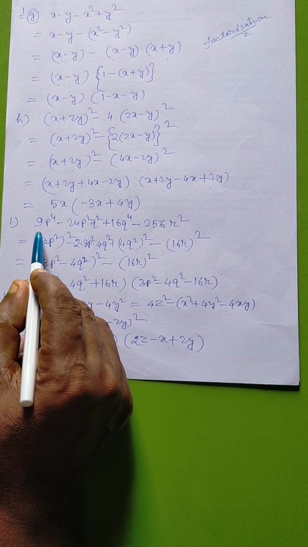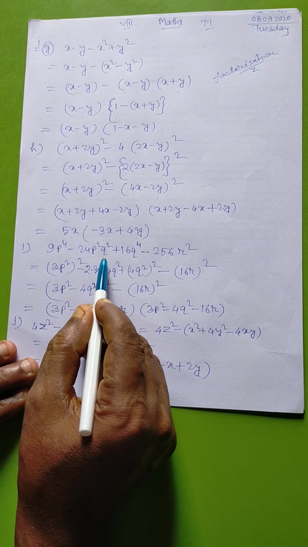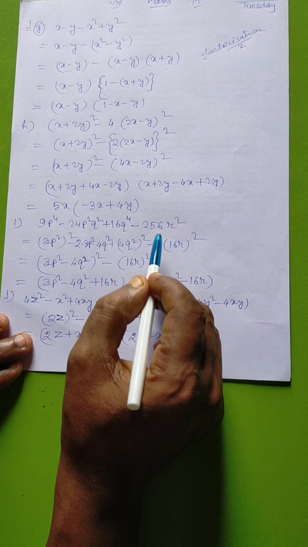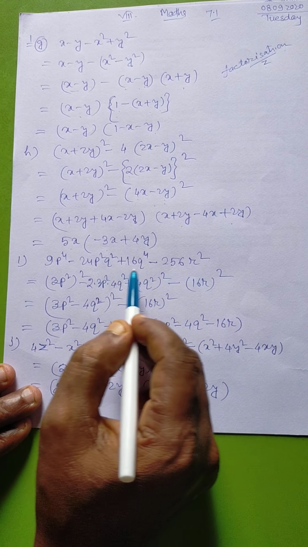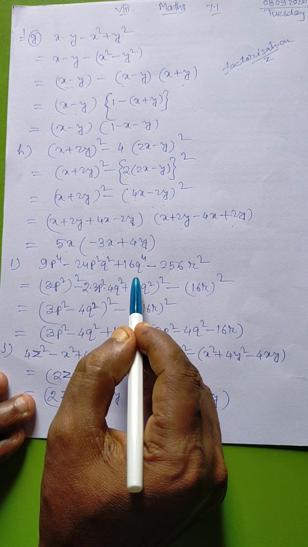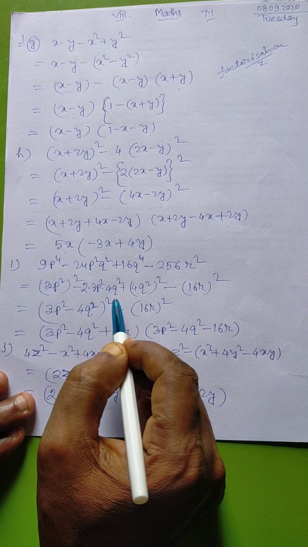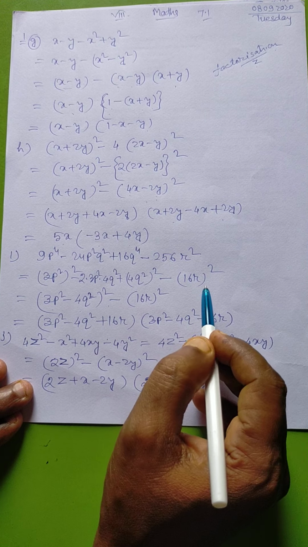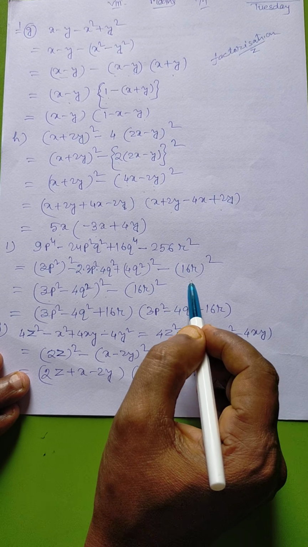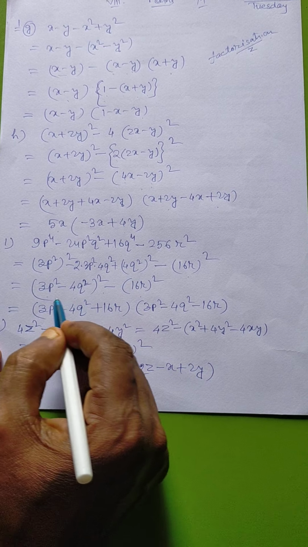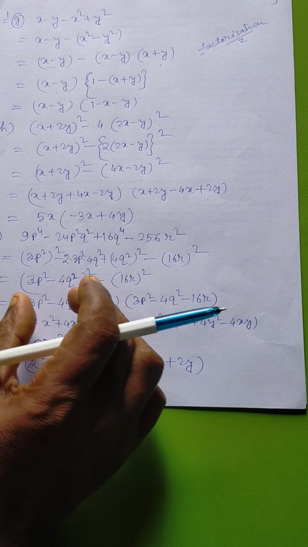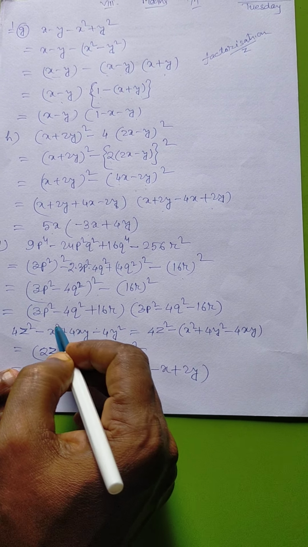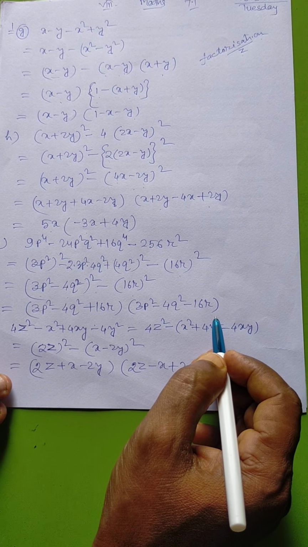Here in this question, p to the power 4, p square, q to the power 4, and here r. This is from another group, so you separate it. From this you are getting a square minus 2ab plus b square. So this is a formula, (a minus b) whole square. And this means this. We are keeping it here. Now a square minus b square: if we treat this as a, this as b, a square minus b square, very tactfully we will do, (a plus b) into (a minus b).